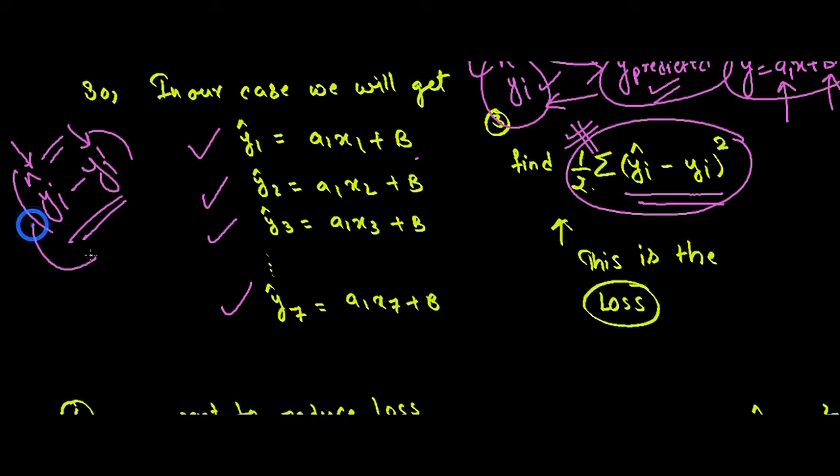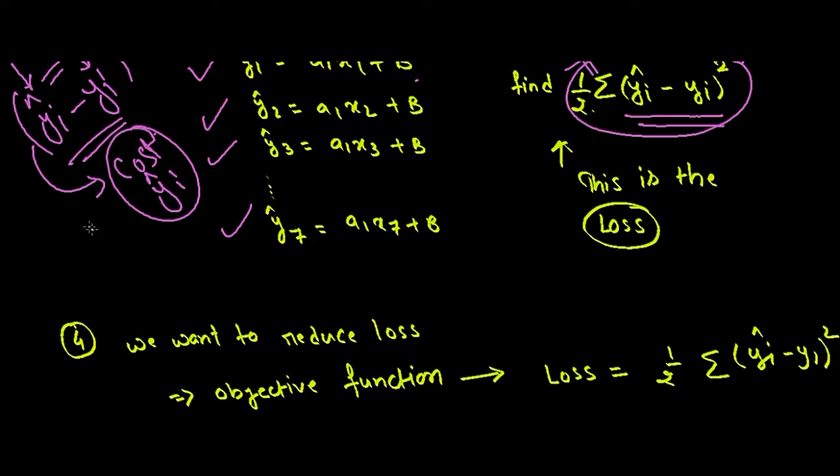Whenever we see this term, this is nothing but the cost of our model in predicting y cap i. And when we take the sum of all the costs, it becomes the loss. So total cost will be what? The summation of